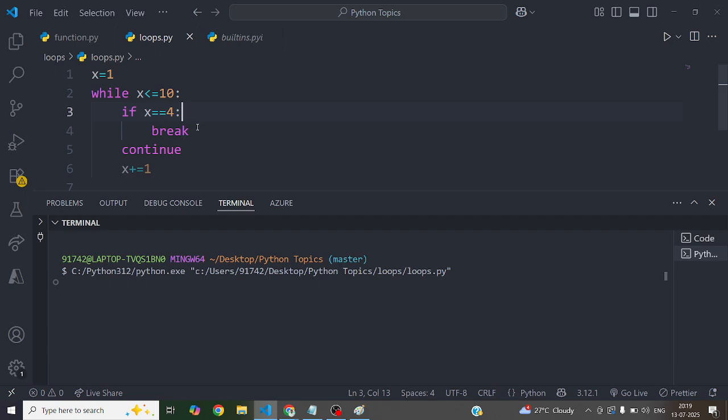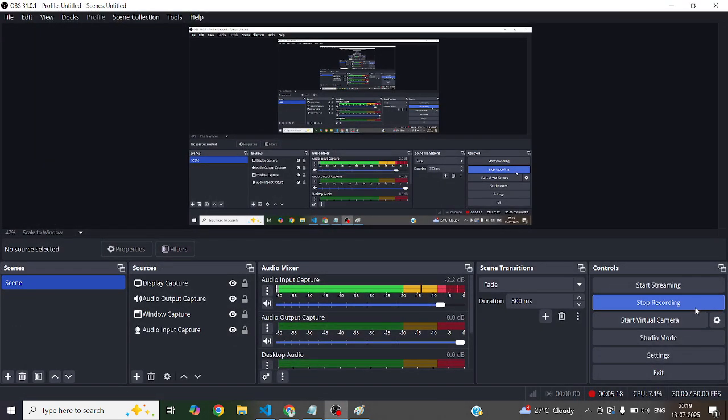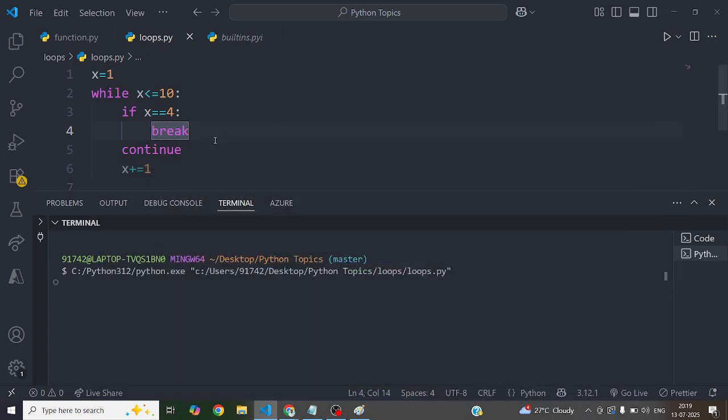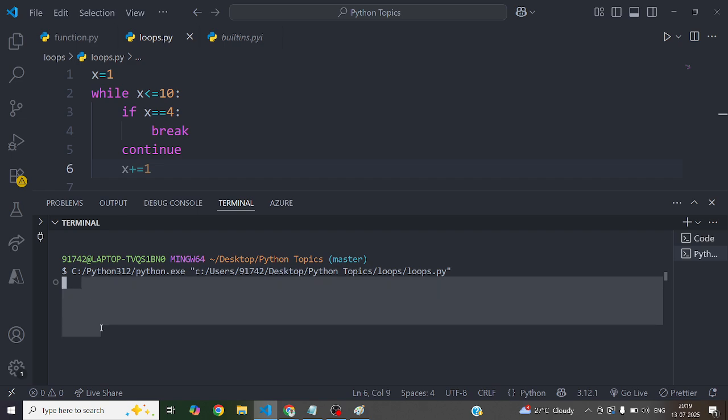You can see here what happens. Now suppose I am taking one example here. When x equals to 4, it is breaking. But here nothing is printed. You want the values to be printed because you will be able to keep track of the values whenever it is breaking.